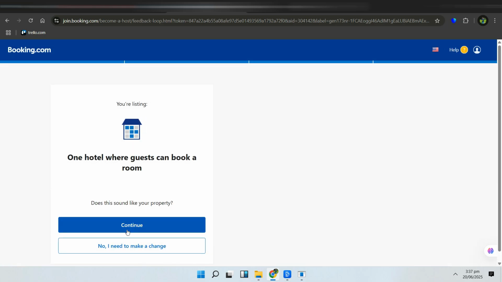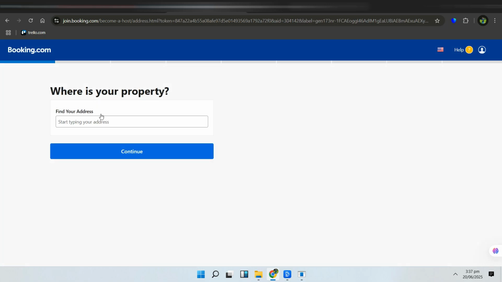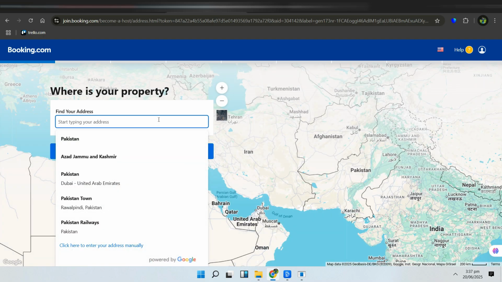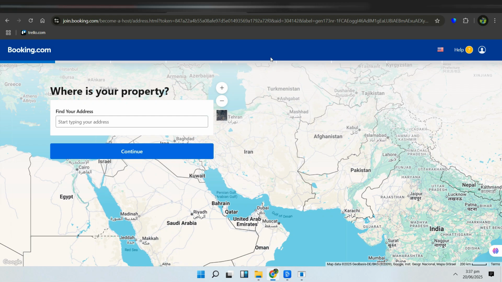Now, they'll ask you to provide the property's address, so select your country and type in the complete address of your hotel. After that, simply follow the rest of the on-screen instructions, such as entering details about your rooms, amenities,